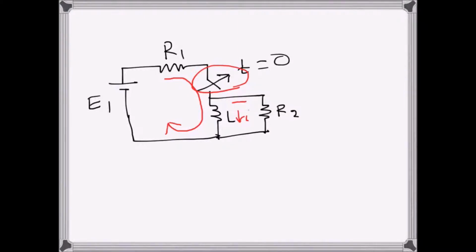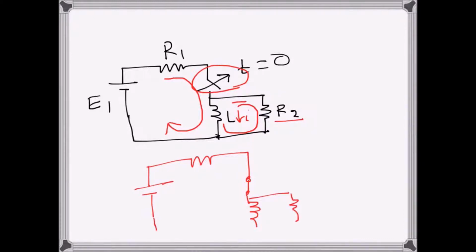After the switch is opened, the current will still continue flowing in this direction, but the transient will decay through the resistance R2. Initially, when the switch was closed, I will draw the circuit actually. Once the transient has passed for this circuit, the inductance is short circuit, so this resistance will be shorted out. So the current through the inductance in this direction will be E1 over R1. So I will be E1 over R1.